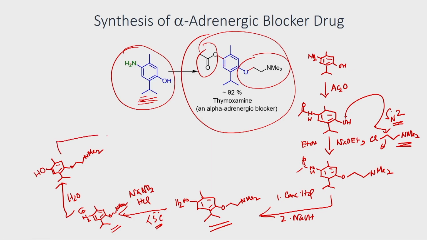Once you have this one, now you can try to react with acidic anhydride in the presence of base, and you will be able to form